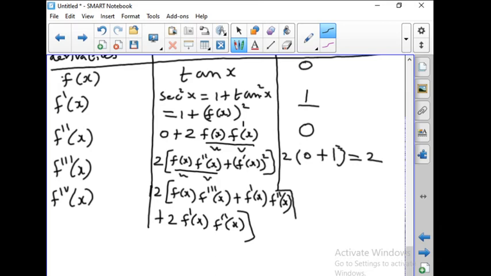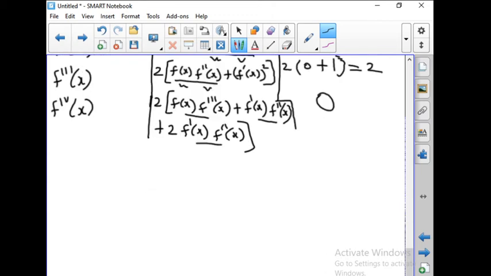இப்போ நீ values substitute பண்ற, x is equal to 0 போடுற, this term will become 0, f of 0 is 0. அடுத்தது f double dash of 0 is 0, அப்போ இதுவும் 0 ஆயிரும். Then இங்கேயும் f double dash இருக்குது, so this also will become 0, so you will get only 0. Okay, so f4 of x at 0 is 0. அடுத்தது we have to find f5 of x. So f5 of x, this we have to differentiate again.